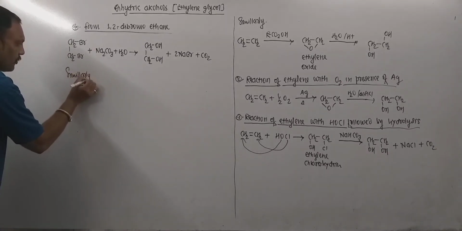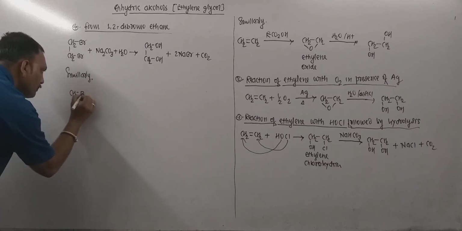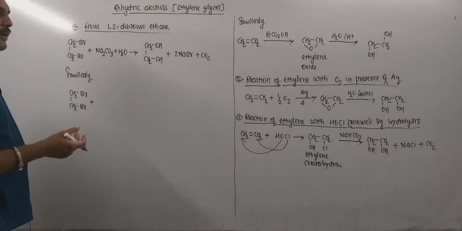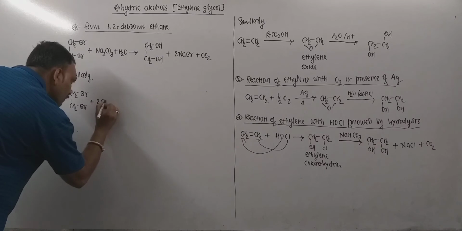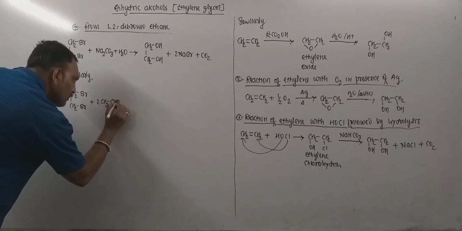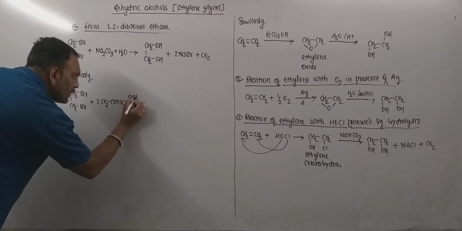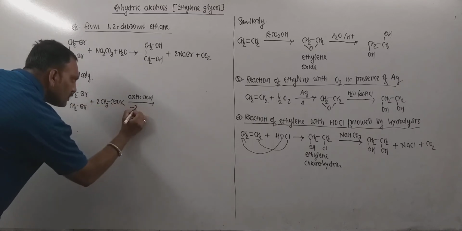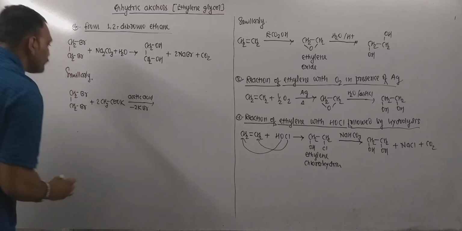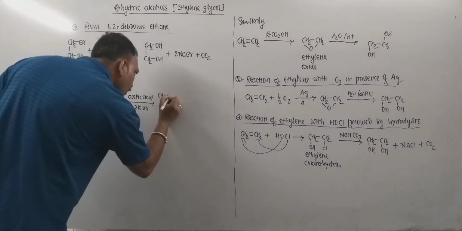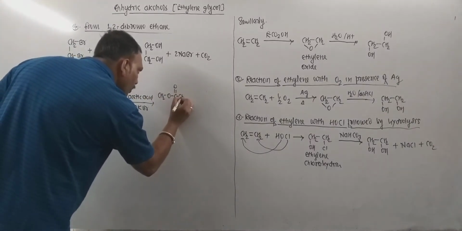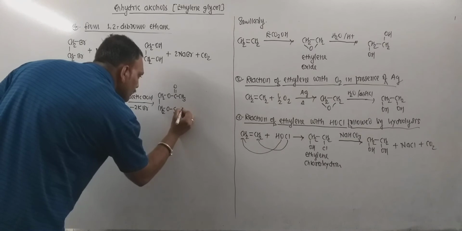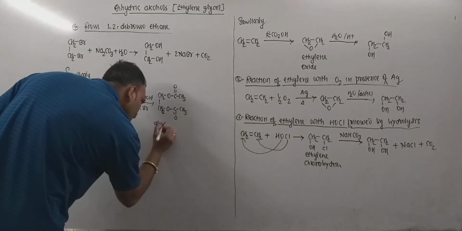Similarly, in order to convert 1,2-dibromoethane into ethylene glycol, we can do that in different manner also. So what we need to do, we need to treat this with potassium acetate in presence of acetic acid. So by doing this, departure of bromine takes place in the form of KBr, and that lead to the formation of an intermediate product that can be given in this manner. Remember, this is glycol diacetate. This is called as glycol diacetate.